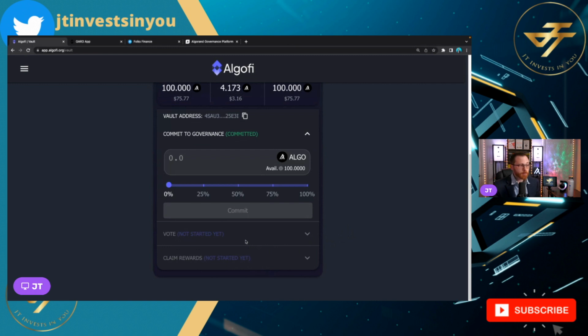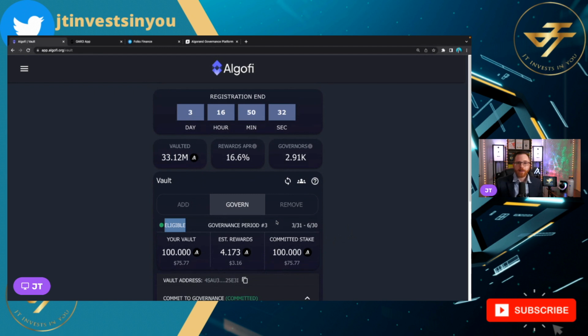And then from there, when the period ends, there's another drop-down here in which you can claim your rewards. Of course, neither of these two drop-downs are available yet because voting hasn't started and neither have reward distributions. And that's that. That is how you add Algorand to an Algo5 Vault, contribute to the TVL of the network,